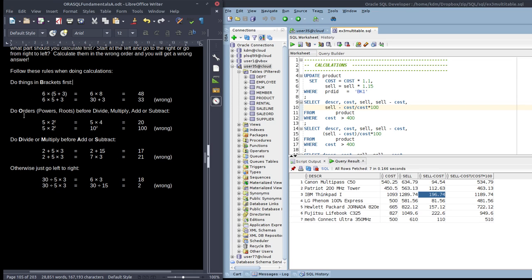After it's done brackets, it does orders, powers. So 2 squared, for instance, which we'll do first. So the right answer is 5 times 4, not 10 cubed, not 2 times 5 squared. After it's done those, it then does divide or multiply, followed by add and subtract. But the gist of it is, to get the right answer here, to make sure that it does sell minus cost and then divides it by cost times 100, you need to bracket sell minus cost. And if you do that, you get the right result,